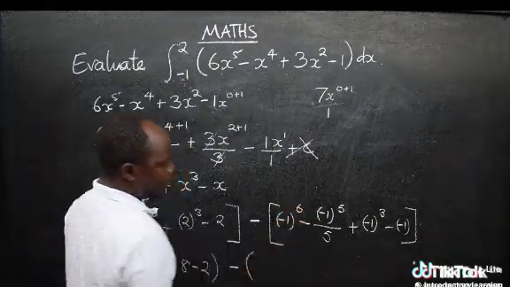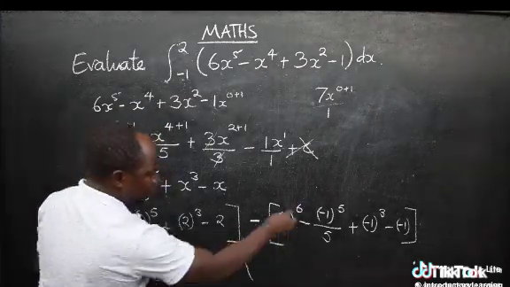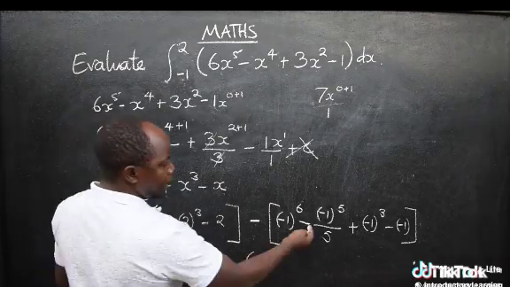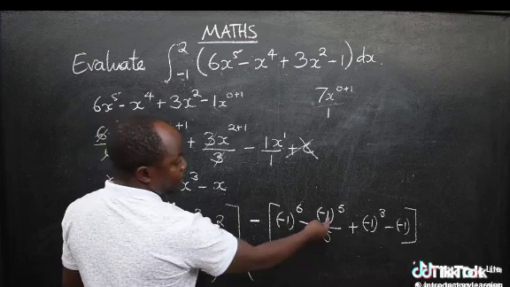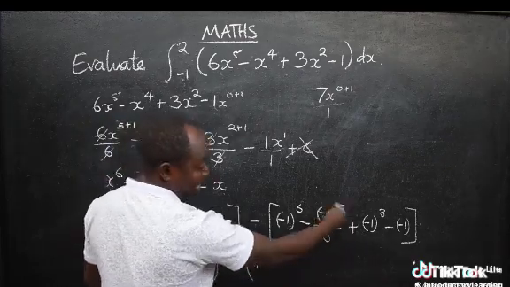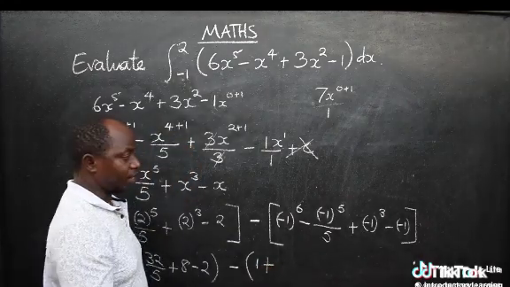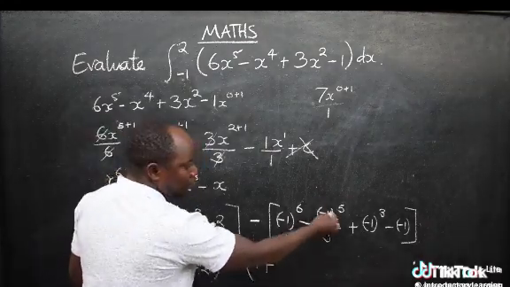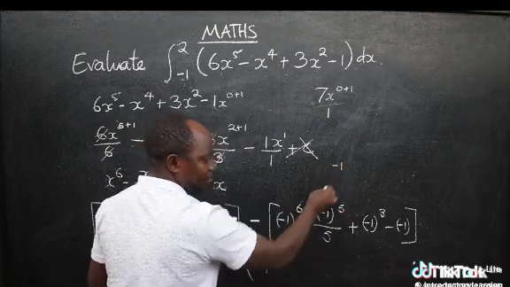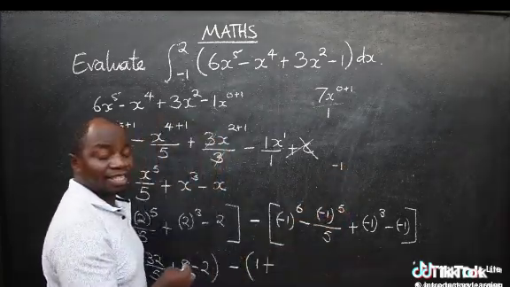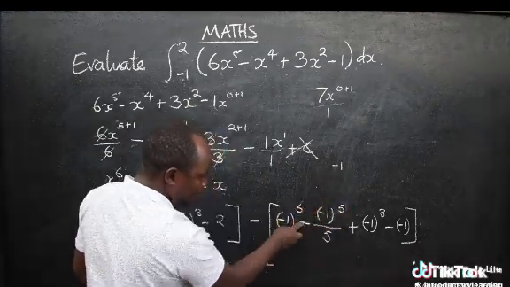Negative 1 raised to the power 6, definitely this will give us a positive because this is an even number. So that will just be a 1. Then here we are going to have a negative because this is an odd number. So negative 1 to the power 5, it will be negative. So that negative and negative will switch to a positive. You see what I'm doing? So negative 1 to the power 5, the answer will be negative 1 because this is an odd number. So we are going to have negative 1. So this negative and negative will give us